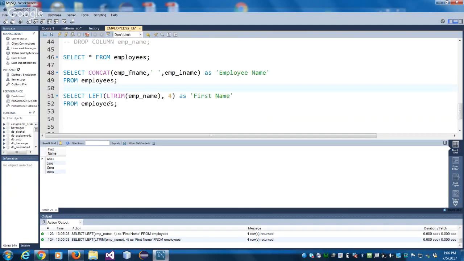If there is a left, there is a right. If there is an L trim, there is an R trim. So this is just to show you, it's not the right answer, of course. The length, you can always find out the length. So select just gives you a way of checking your answers. If you want to look at the length of your name,